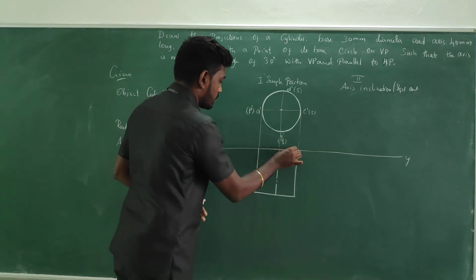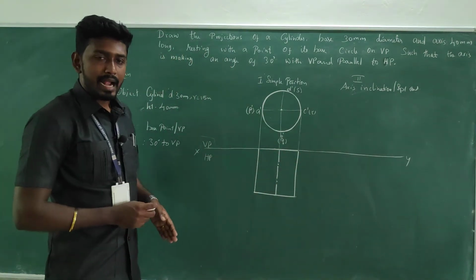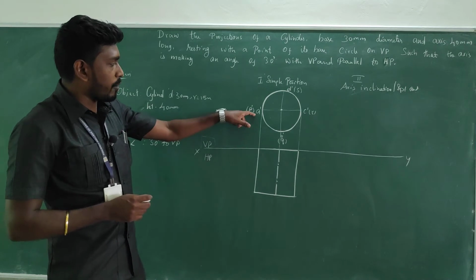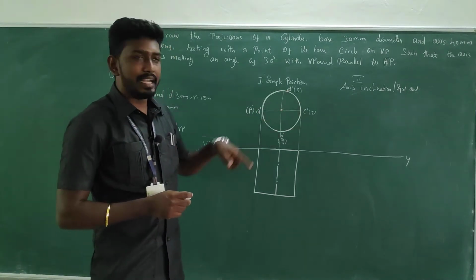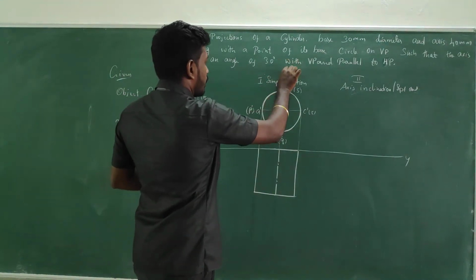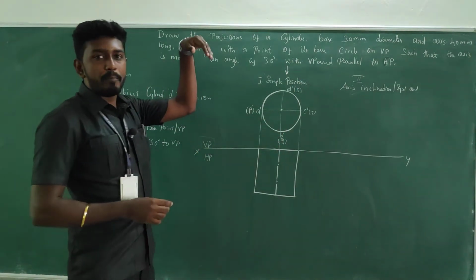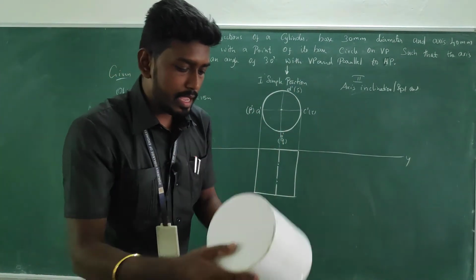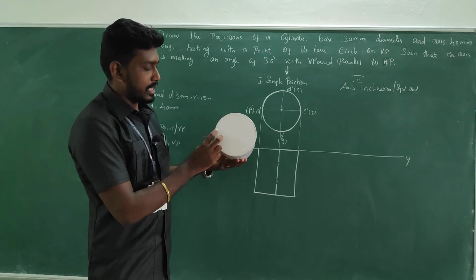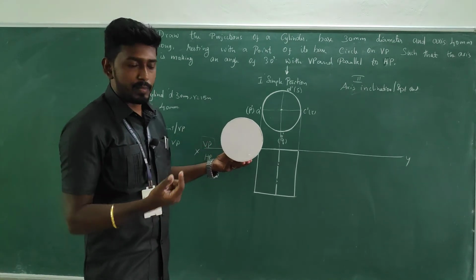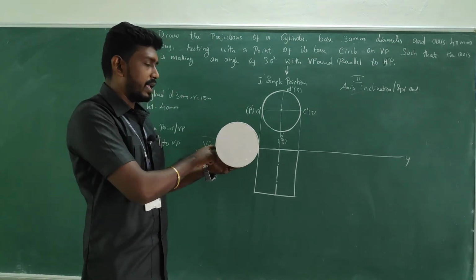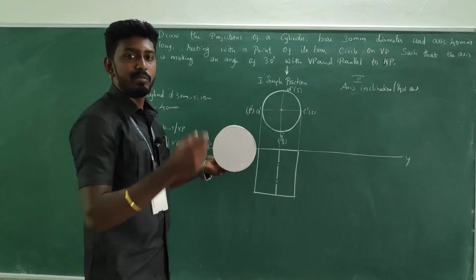Like this. Go for a dark line and then give the namings. For the top base: A, B, C and D. Now we are marking the top base. So A, then C and D will be visible in the top base. Bottom base: P, R and S will be visible.